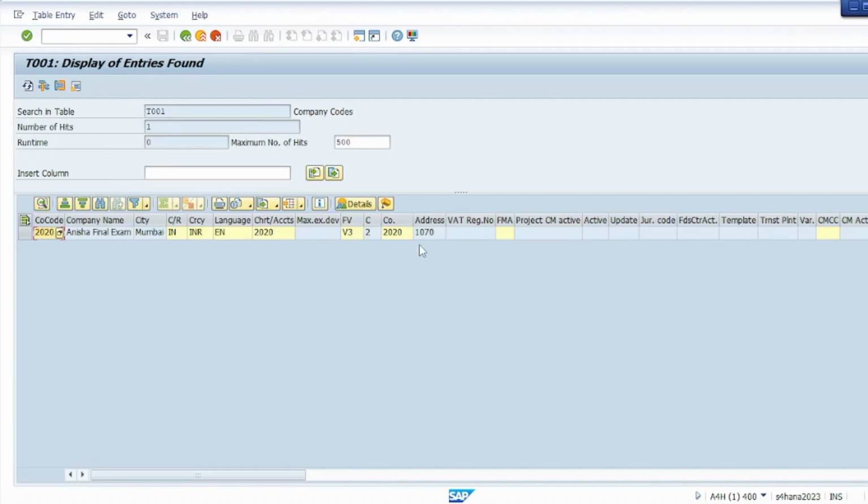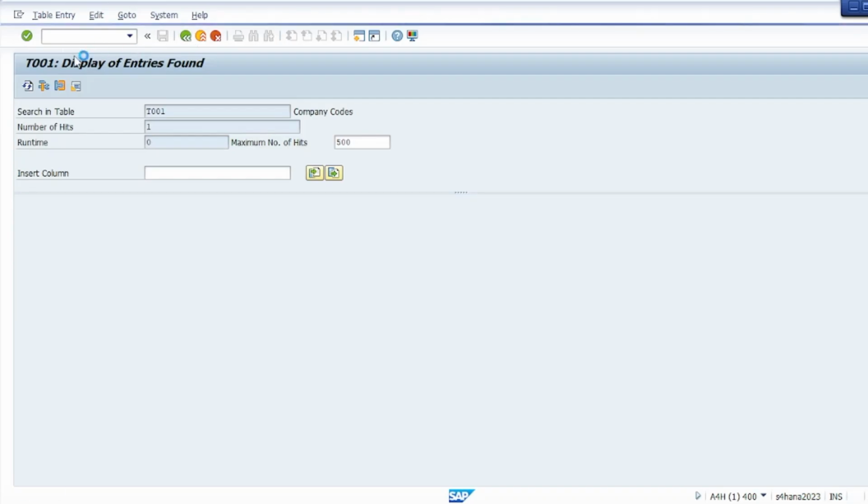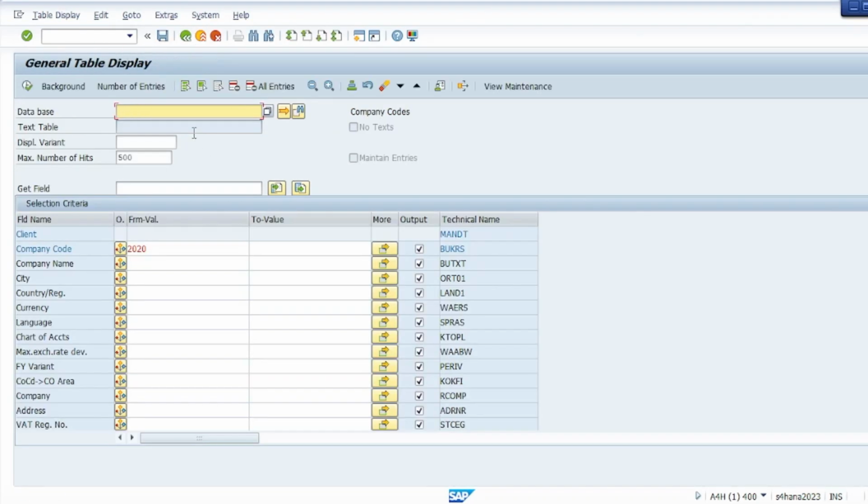So yep, this looks good to me to use further in the project system. Before we go and start checking out the config of the project system, I'd like to first see if there are any existing projects created by anyone in the sandbox system. And to do so, we can take reference of a couple of